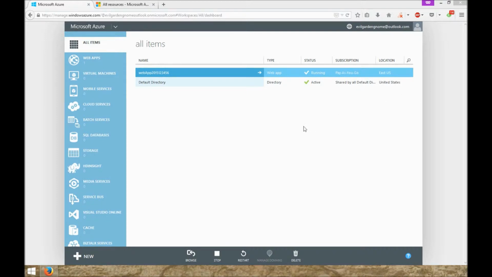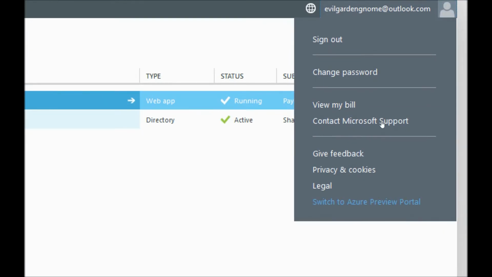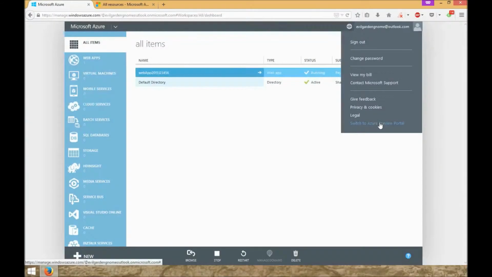Now, one thing about this is that you cannot do this process through the old portal because the marketplace in this portal does not have the WordPress option. So to access the new portal, what we're going to do is we're going to come up here to where our username is, and we're going to switch to Azure Preview Portal. So I've already got this open,